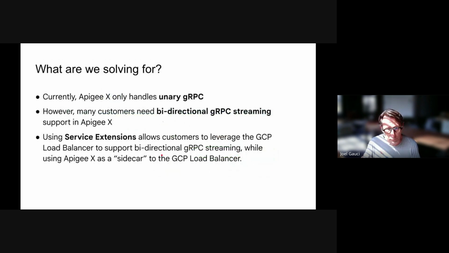So what are we solving? Just to come back on what I said, currently Apigee only handles unary gRPC, but many customers, maybe your case, need bidirectional gRPC streaming, and that's not possible with a normal type of pattern. But with service extension, as I just described, you will have the possibility to leverage the GCP load balancer support of bidirectional